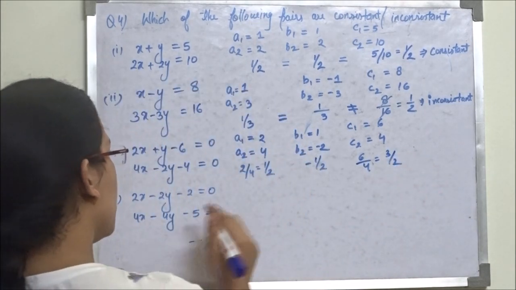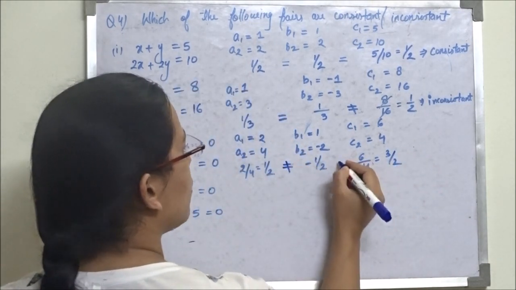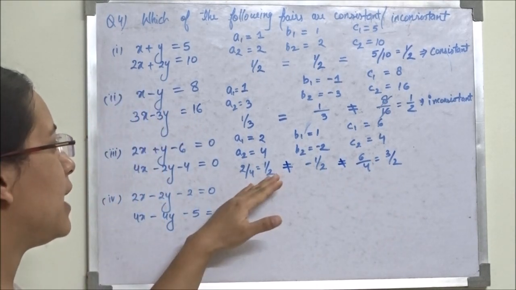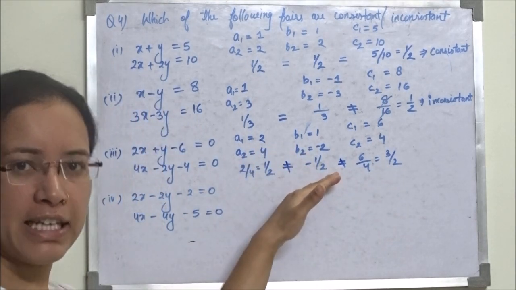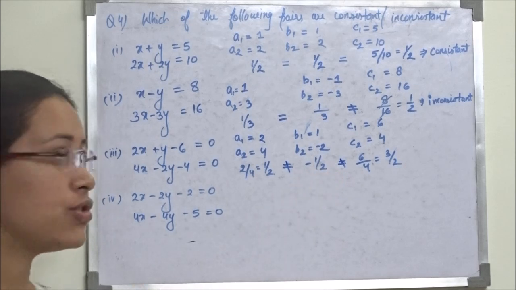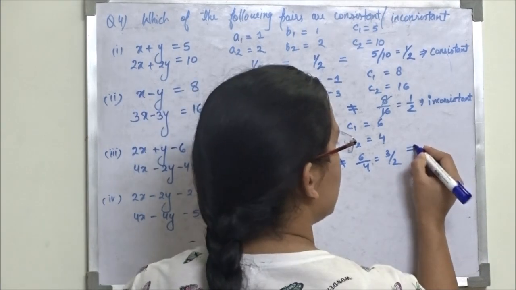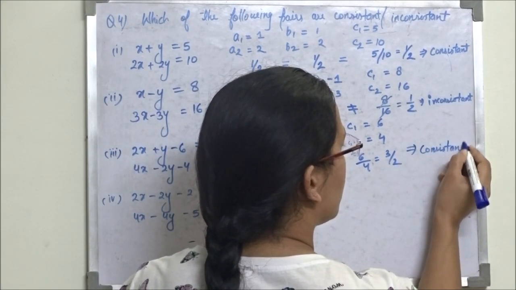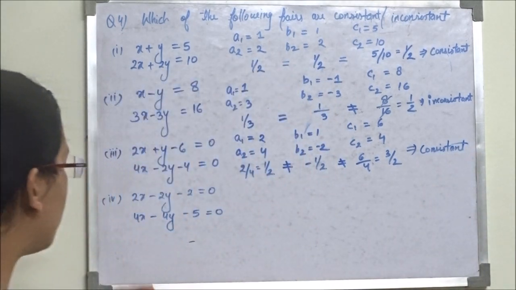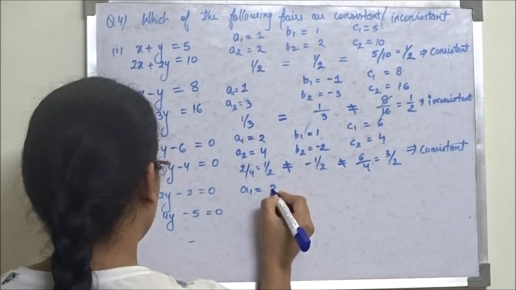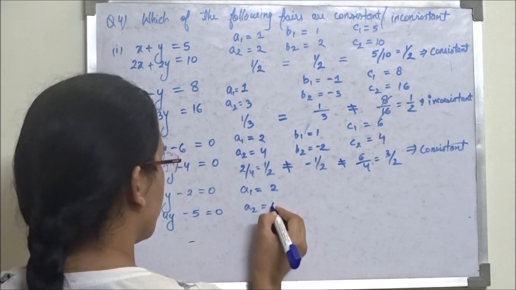That means a1 by a2 is not equal to b1 by b2 is not equal to c1 by c2. So when the ratio a1 by a2 is not equal to b1 by b2, this is the case for intersecting lines, that means a unique solution. So these are consistent equations. After that we have the last equation, in which a1 is given to be 2,